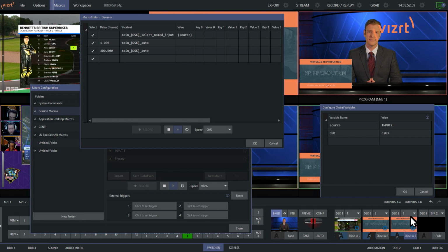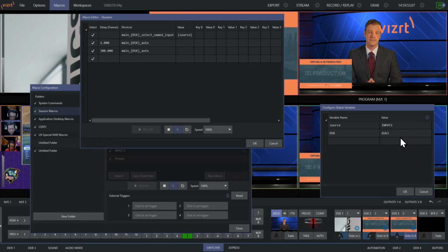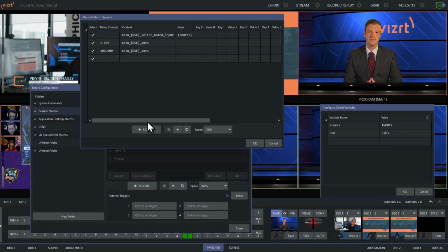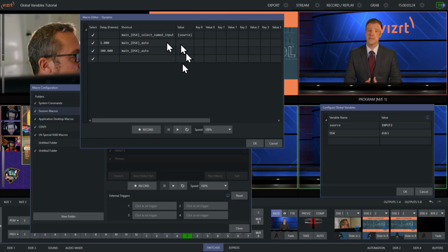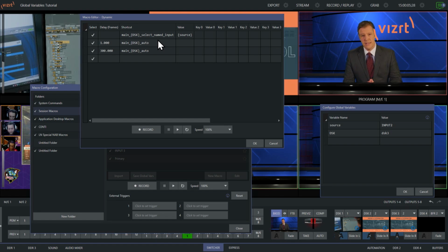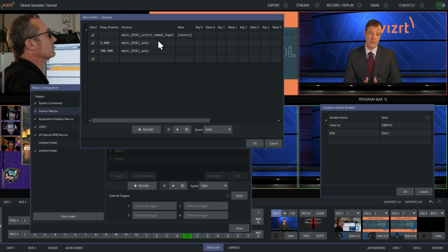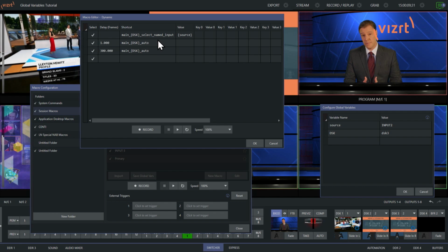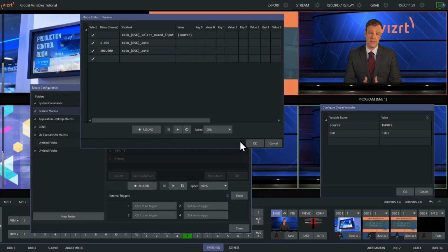Boom. See that? Change it to 2, and then it goes away. Okay, cool. Right on. So now here's where we can do stuff interesting. I just have this one macro here, and it's doing all of the heavy lifting. All right, so now I need to have other macros that will then change what these sources are, which I